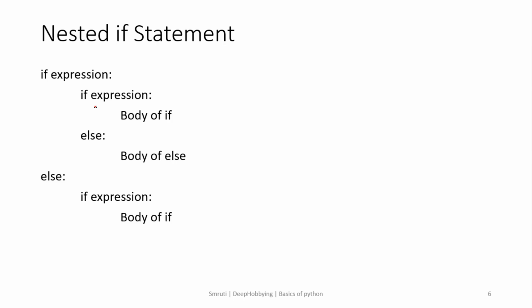Okay, the nested if is similar, but here you can see I am passing another if else condition within an if. So let's say first I'm saying if this expression, which is Sunday, then here say if Sunday, before 12, if the time is 12 o'clock or after 12 o'clock. So if this expression, let's say this is Sunday, and here I can say time is greater than or equal to 12, then